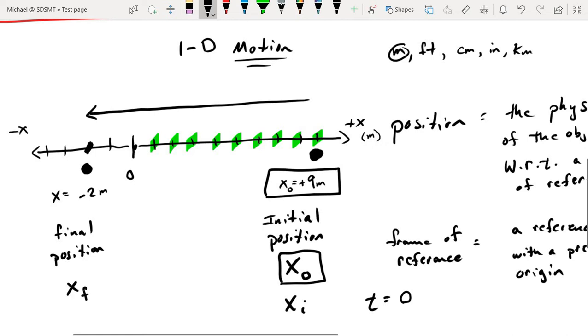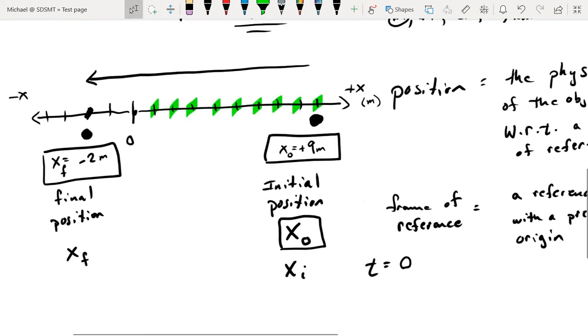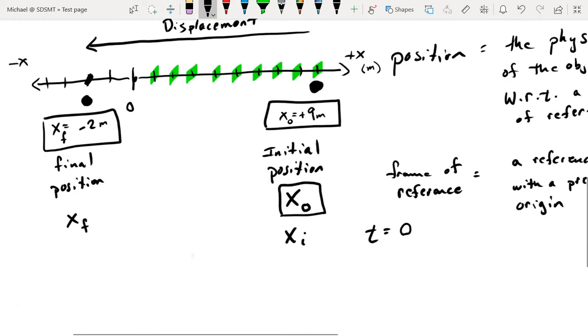And we'll go ahead and incorporate a subscript of F for final. And now it's not nearly as confusing because the two values that we have are distinguished between the initial and the final. And because we've moved from one position to another, we've changed position, we call this action a displacement. We have displaced our object from one location to another.